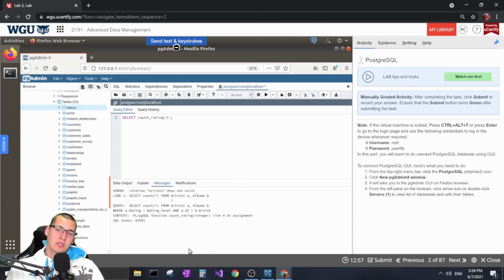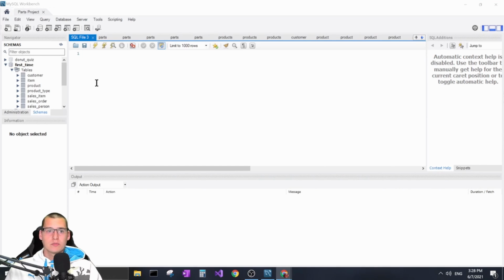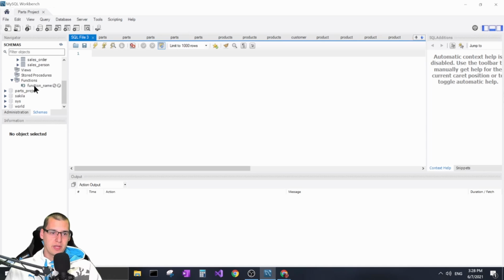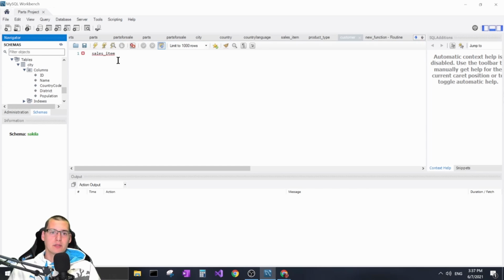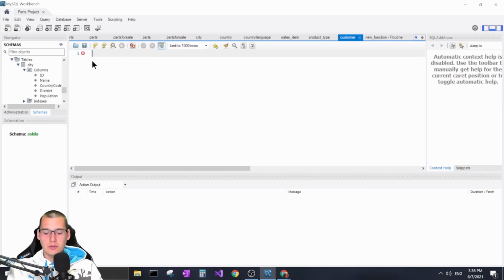But anyway, that's basically how you would create a function inside of PostgreSQL. So now we can go over to MySQL, where I did create a function earlier on. Function name, I actually just named it function name, which is a little weird. All right, so let's go ahead and create a function here that's just going to give us basically two columns. So we can add column 1 and column 2,